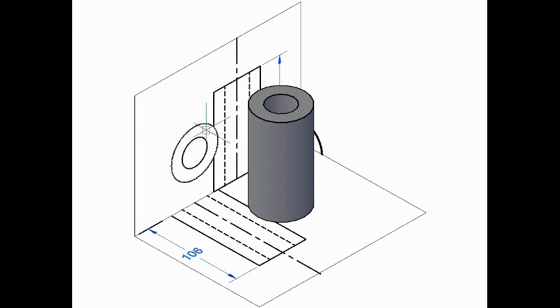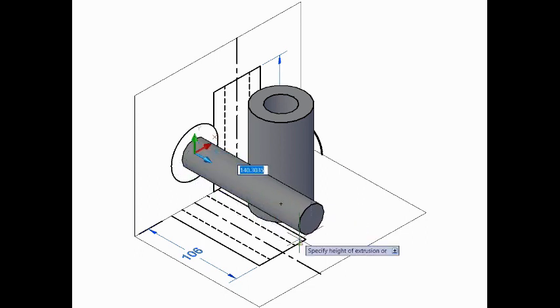So while reading the given views also, you have to do the same thing, that you have to imagine that you are pulling these two circles in this direction. Okay, you are going to pull these two circles one by one. Let us pull these things. So this is to be pulled by a distance of 106, which is seen in the top view.